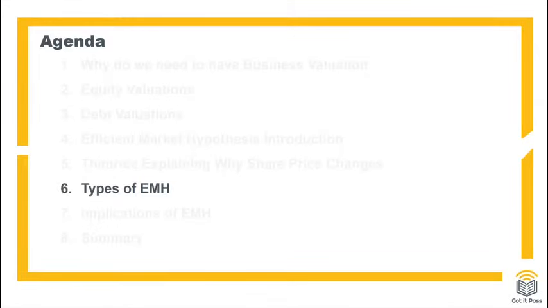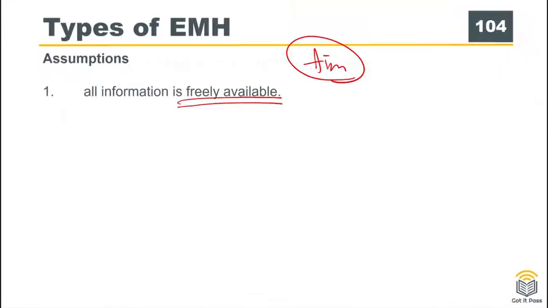Okay, let's talk about the types of EMH. First of all, we talk about the assumptions of different types of EMH. First of all, the EMH assumption, the most important part is that all information is freely available. And do we remember what we talked about? The aim of the EMH